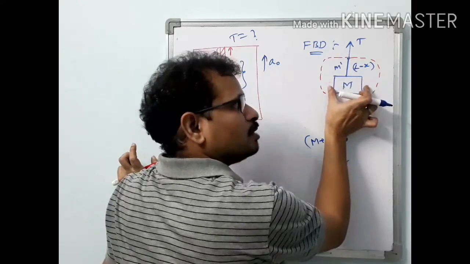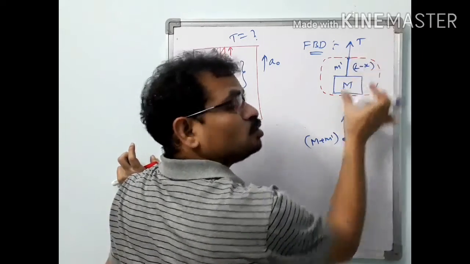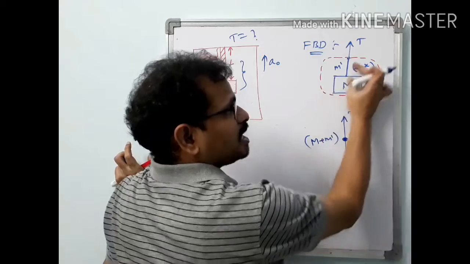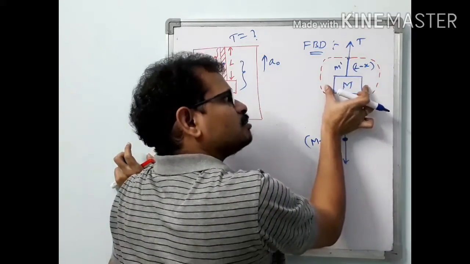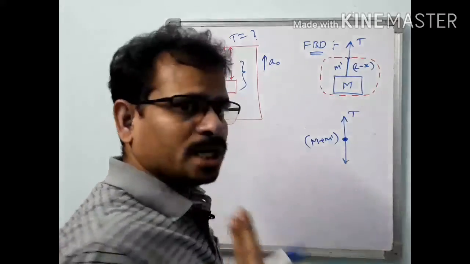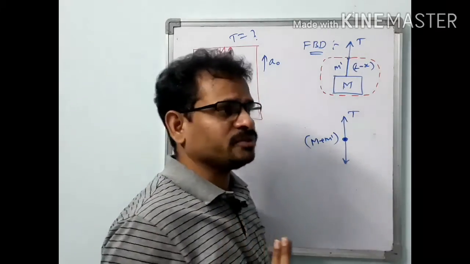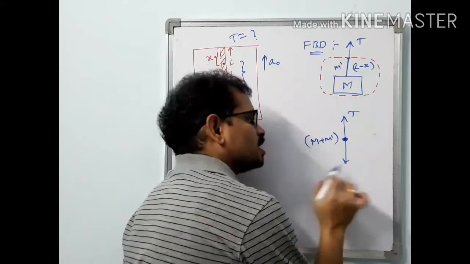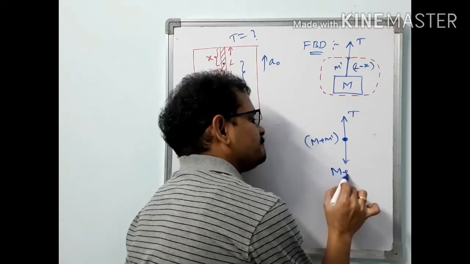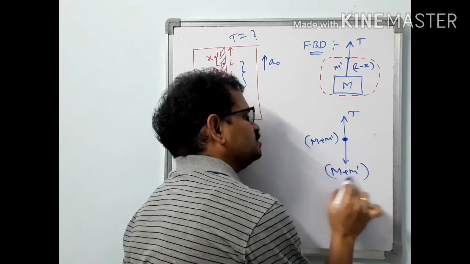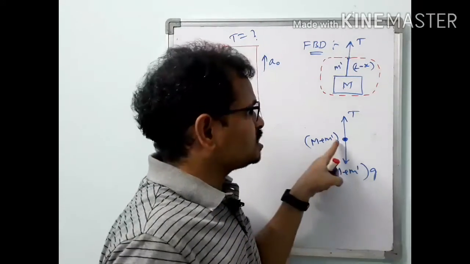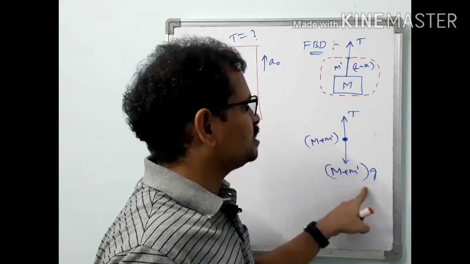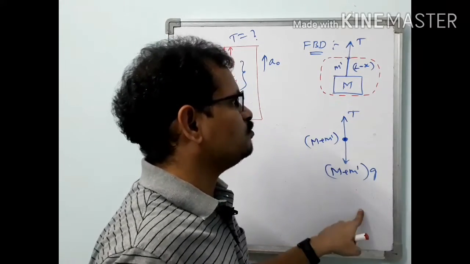Gravitational force due to this block is acting downwards, as well as gravitation. Two masses are there here. One is the block, as well as the massive rope. So gravitational force will be acting on this block as well as this one. So there are two contributions of gravitational forces here. One is from the block, the other one is from the rope. So what is the total gravitational force here? (M plus m dash)g downwards. So there are two external forces acting on our system. One is tension force upwards, the other one is the combined gravitational force downwards.